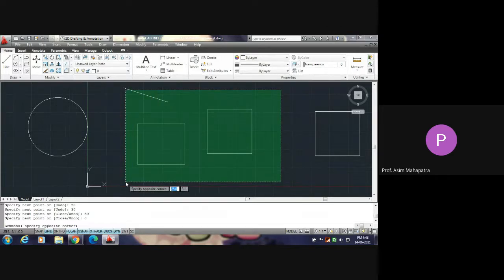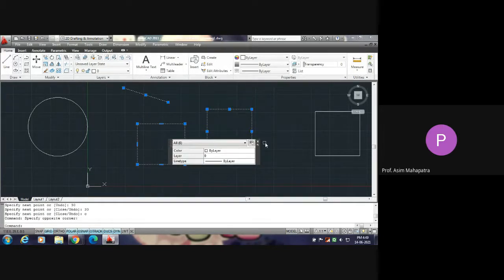This type of window is called cross window, not simple window. This is cross window, right top to left bottom. So all the entities which are within the cross window, fully or partially, are selected.